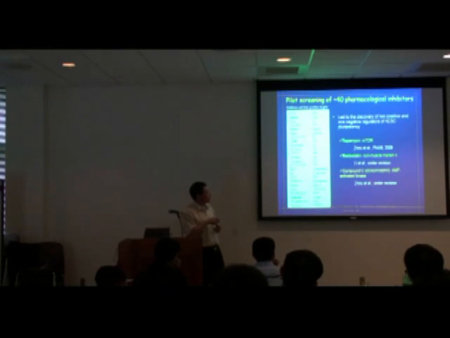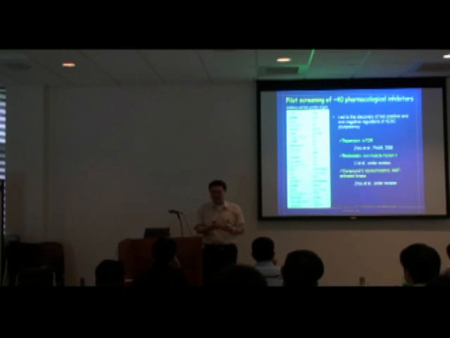It's called compound C, or dorsomorphin by other people. This is actually a very good story for us. I will be very happy to share with you how we identified all these targets. So the potential target before was actually AMP-activated kinase, so they call it AMPK. And it turned out that the target is not AMPK, at least in human ES cells. So that became a very interesting story for us.